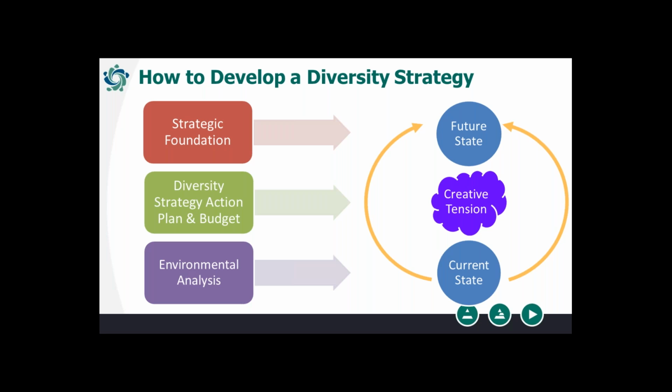Future state, and that's where you would go next, is where do you aspire to be? So where do you want to be in terms of diversity and inclusion? Organizations have varied between 3 to 5 years on this one. So fast forward. And then with that, developing some strategic goals, some focused areas and objectives, very much like a strategic plan, those of you who've done that, and some outcomes and measures. The middle is your action plan and budget.